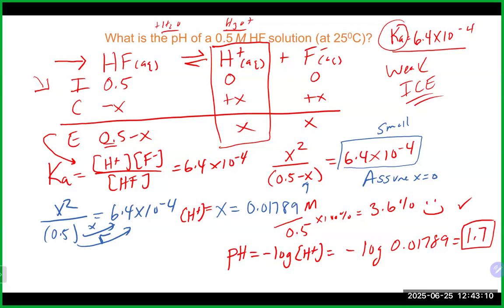So weak acid problems take a little bit more work. They require an ice table and an equilibrium calculation. Again, the goal here usually is just to get that H plus concentration so you can get the pH. All right, now, just a reminder, as we talked about,